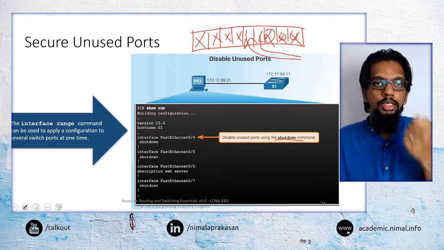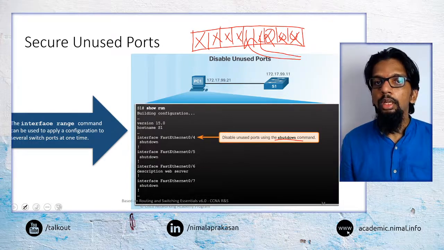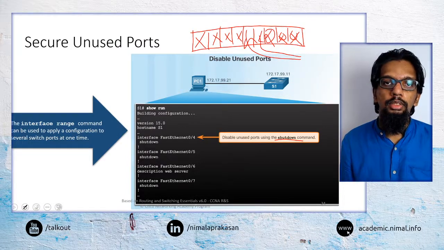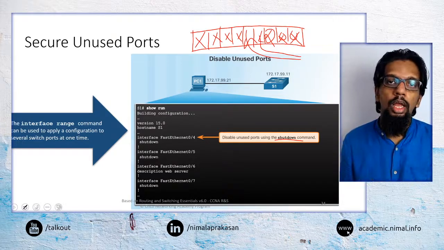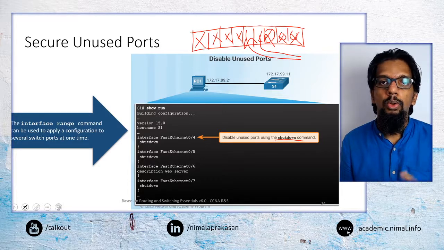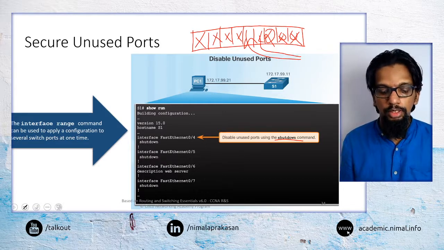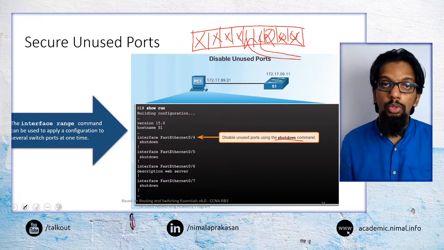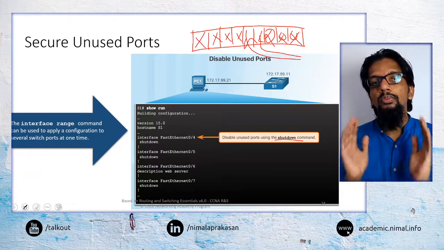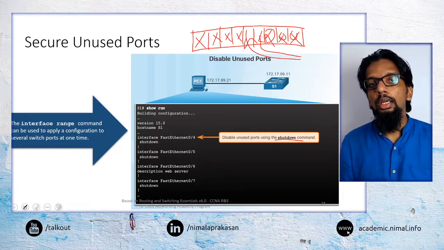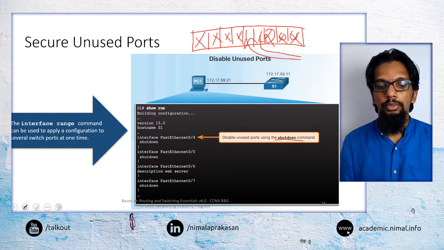So when a port is disabled, even if you plug in a network cable into that port, it will not actively connect that device, because that port itself is no longer a valid port until you go and change that in the configuration. This is something we may want to do, particularly from a security point of view, when we want to control who is connecting to our networks and who is not able to connect.